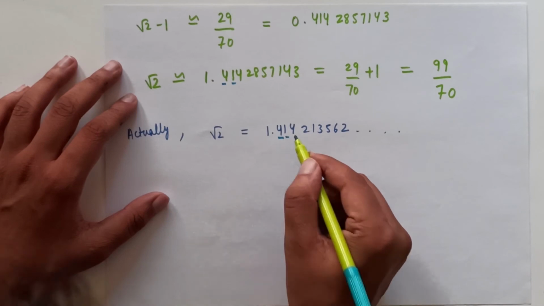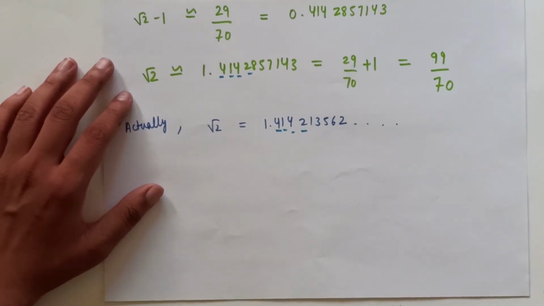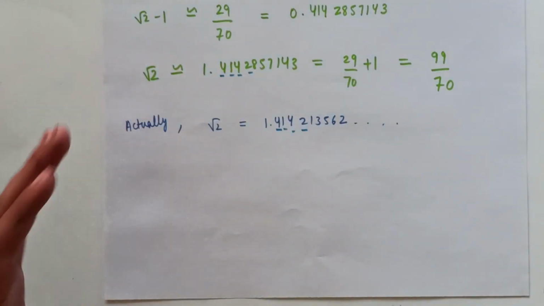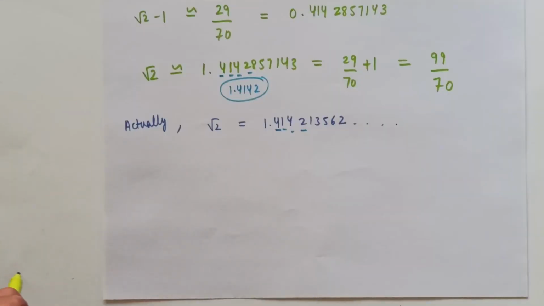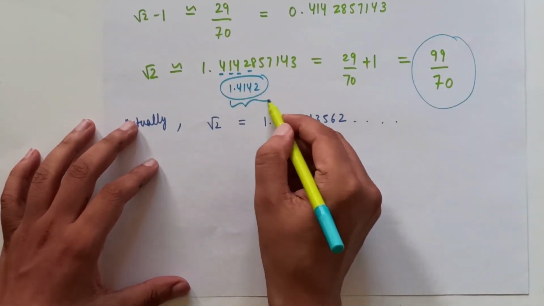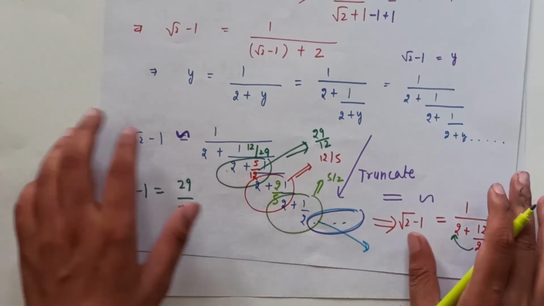So in this case where we have approximated this irrational number as a fraction, let me see up to which accuracy we are getting accurate values. The first place is similar, the second place is also similar, the third place is also similar, even the fourth place is also similar. At the fifth decimal place we have a slight variation, but still up to 1.4142 we are getting accuracy. So isn't it great? We have expressed root 2 in terms of a fraction, and even the accuracy is very good. Now, earlier in the series, if I didn't truncate it here and let the series go and truncate it later, we would get even more accuracy.